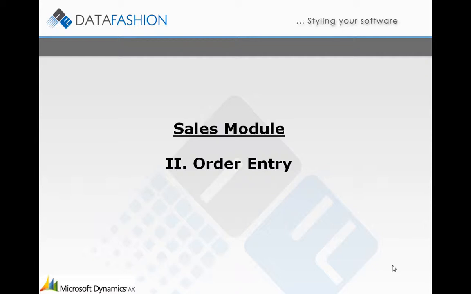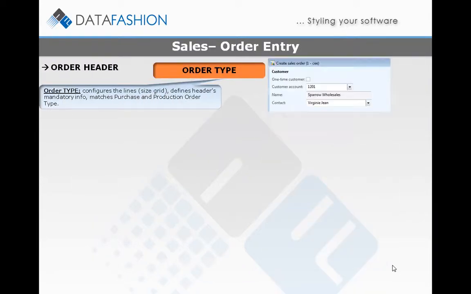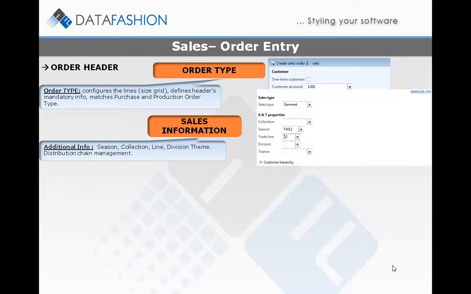Sales order presents specific features both for header information management and single line entry. More specifically, on the header, you can manage the sales order type that allows to sort orders, configure the line entry mode, define the mandatory sales information on the header, and match specific purchase and manufacturing order types to the sales order type. It is also possible to enter typical statistical and sales information for fashion, such as season, collection,